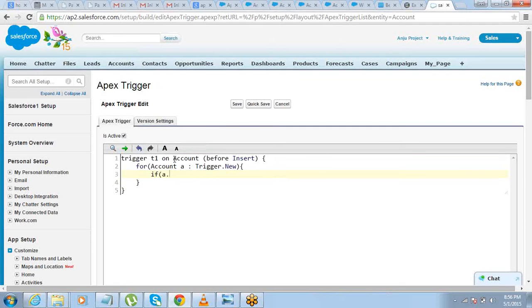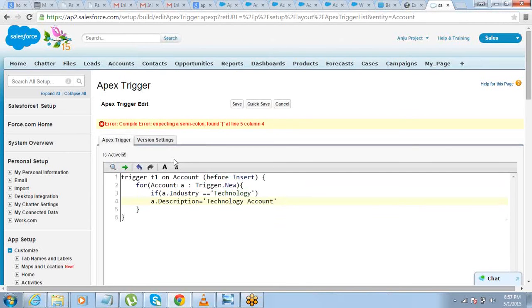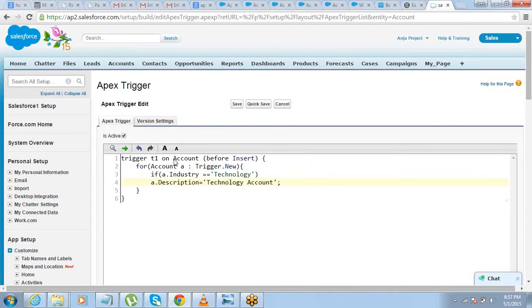Let's say if a.industry equals technology, a.description equals technology account. So this is my trigger. Semicolon required here. Yes. Okay.